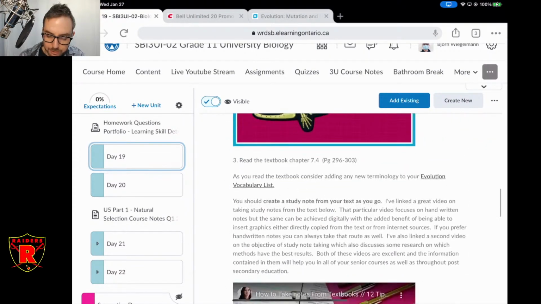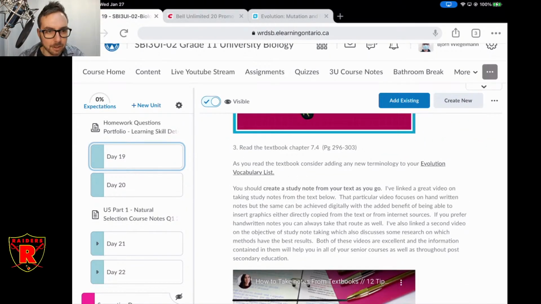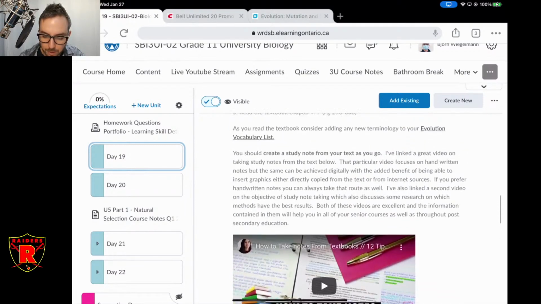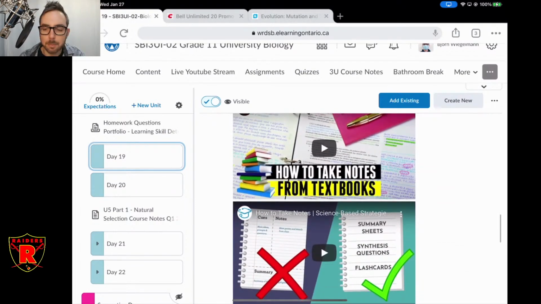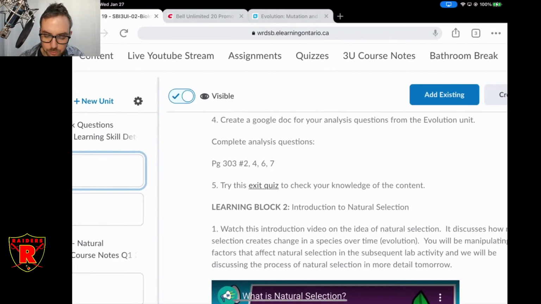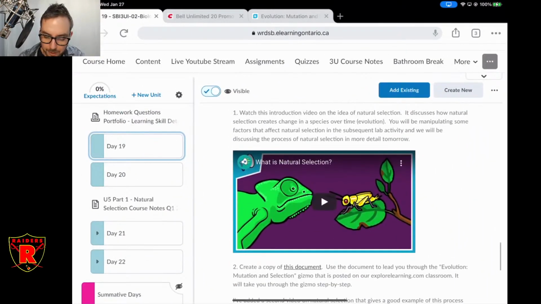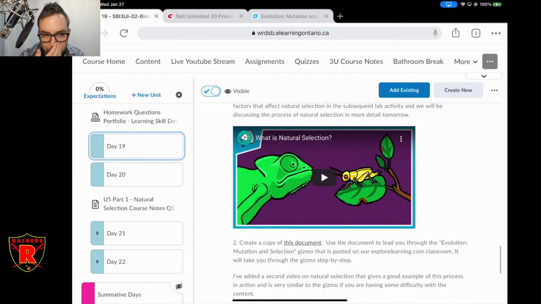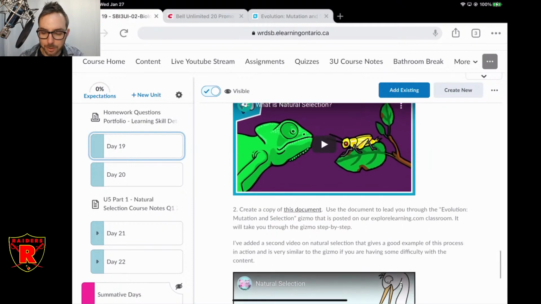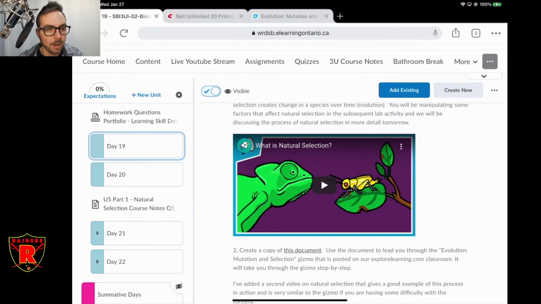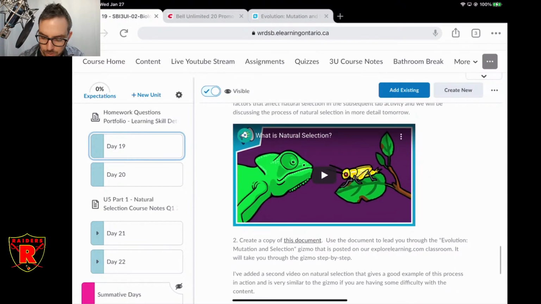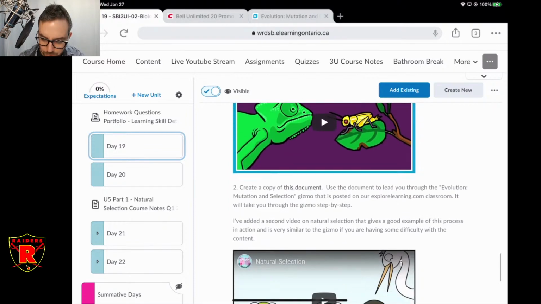completed a little introduction to the concept of evolution. We did a little sidebar on note taking, and then there were some questions for the text. The second part was on natural selection, nature choosing which traits in a population are the best for survival, and then how the subsequent generation, because it's been selected for, will have more of that trait than the previous generation over time. That's what leads to evolution. This is the driving force for evolution.